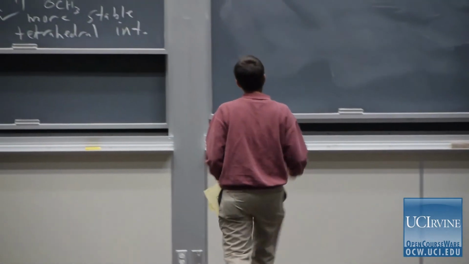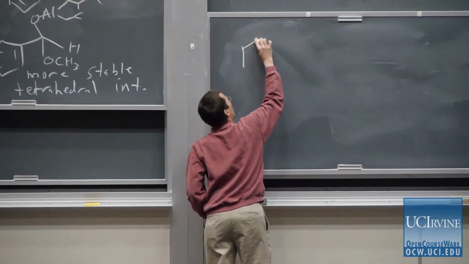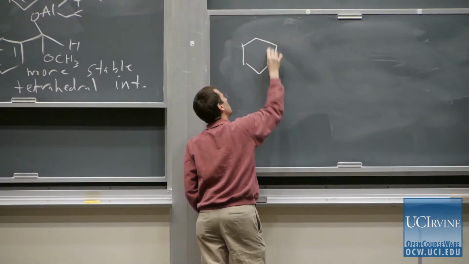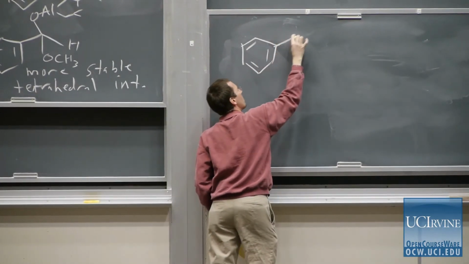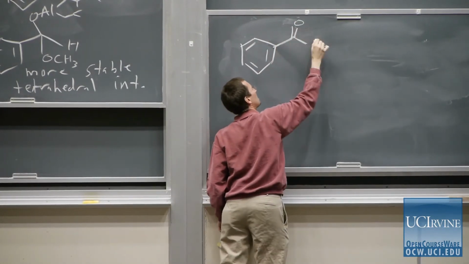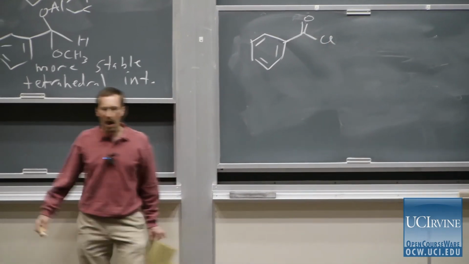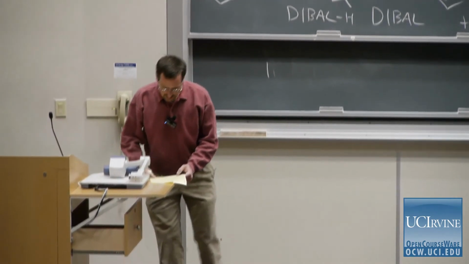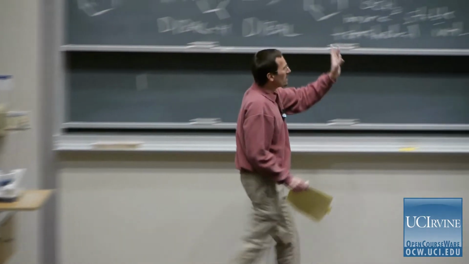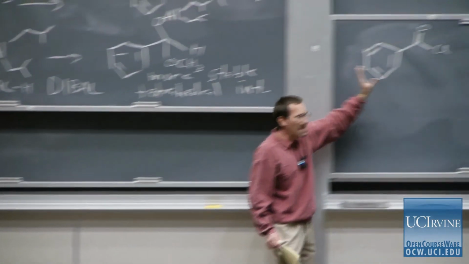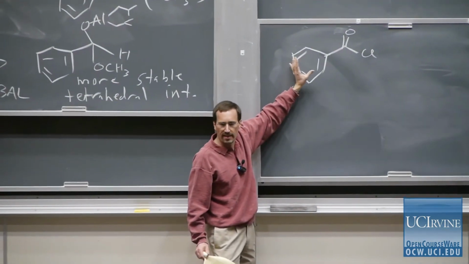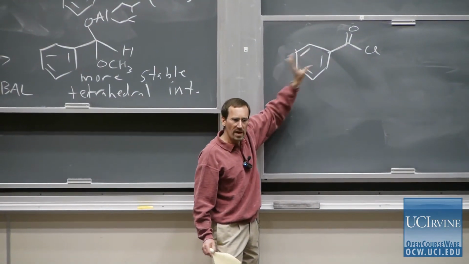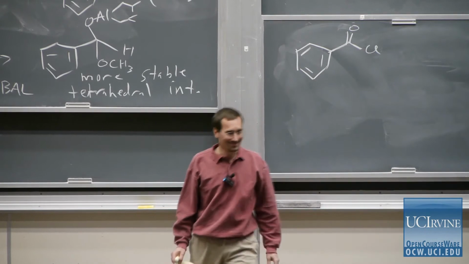So in order to achieve selective addition of an alkyl group, we're going to use a different member of the carboxylic acid family, an acid chloride, and you'll learn about how to form acid chlorides later on. Now, if you just treated almost any member of the carboxylic acid family with an organometallic,